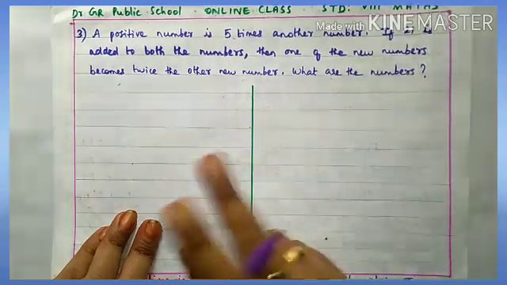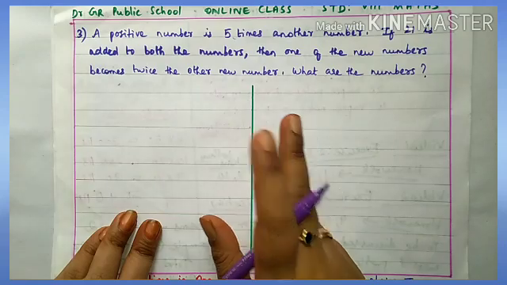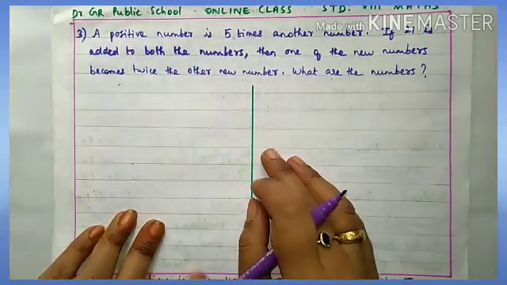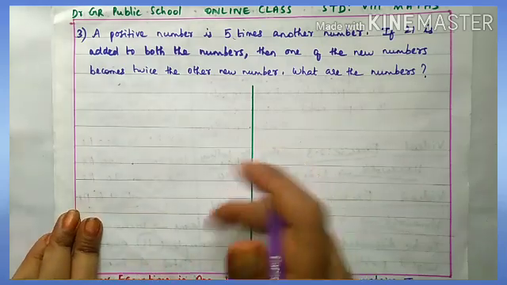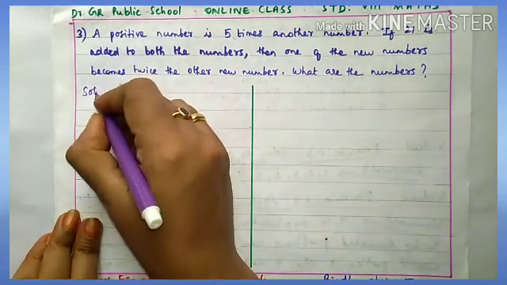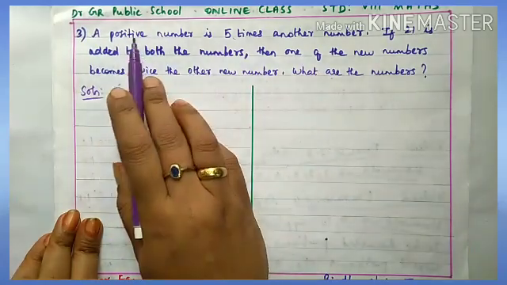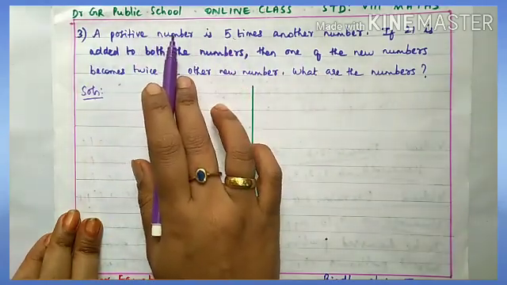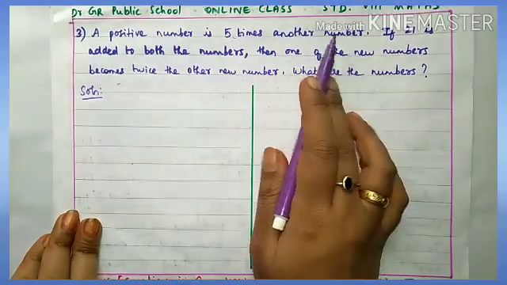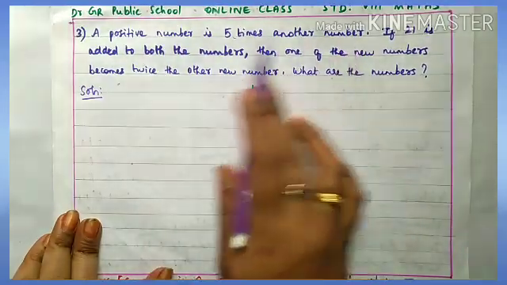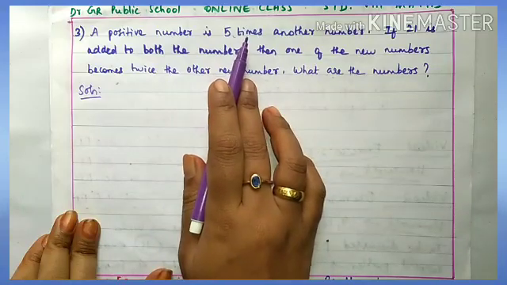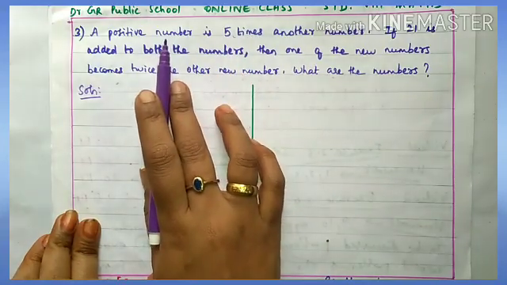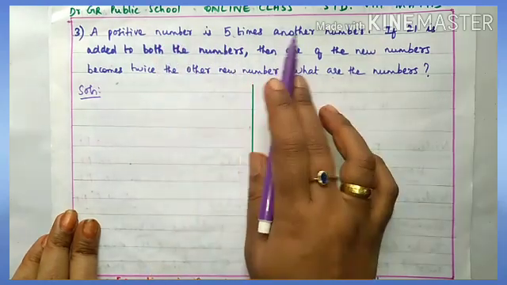We want to find both the numbers. Okay, and because it is given positive number, our number will be positive, that's all. Yes, so we are doing the solution. So how to take? Here a positive number is 5 times. Okay, so this positive number is the bigger number, another number is actually small, so that only the positive number is 5 times. Because the positive number is told, this positive number is the bigger number of the other number.